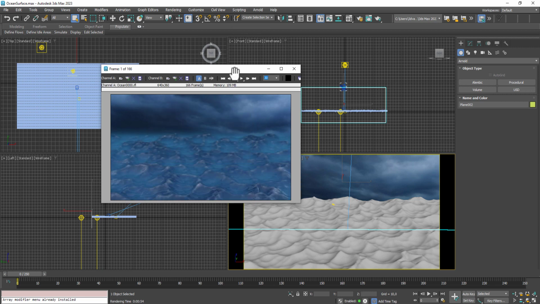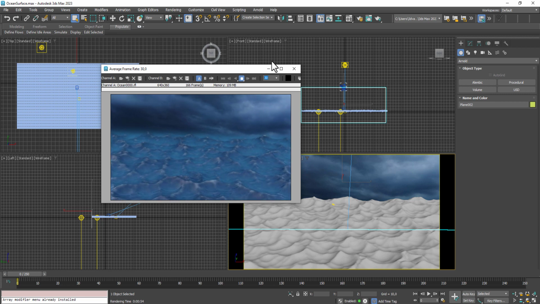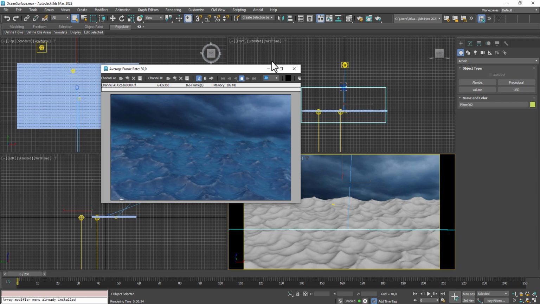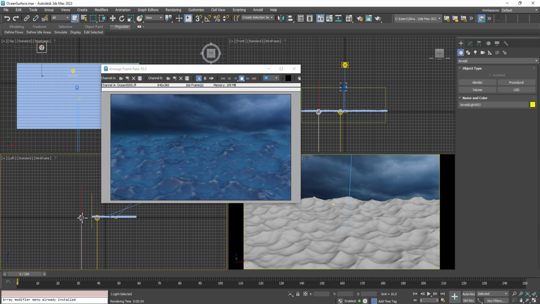Yes, we can watch. Yes, perfect. Our animated Gaussian surface is ready for now. Perfect. Yes, we can delete this